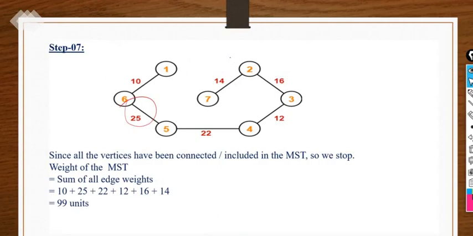No, we cannot connect it. It will create a cycle here, so skip it. Now at last we are getting that all the vertices are in connected form and without any cycle. So this particular spanning tree or subgraph is known as the minimum cost spanning tree, right? So we have to add each and every weight involved with the edges available in the subgraph or in the spanning tree.